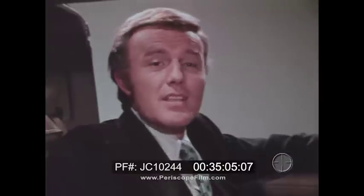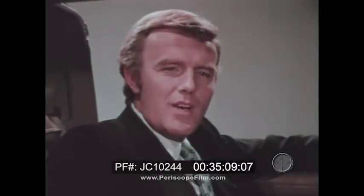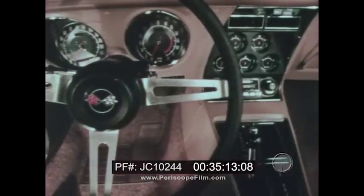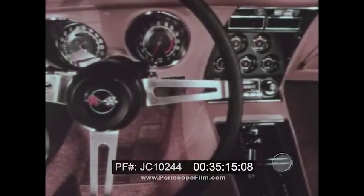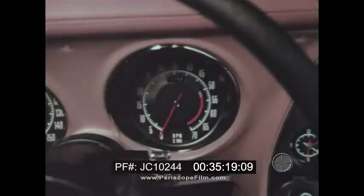Thick, luxurious carpeting throughout, standard. Padded vinyl interiors, standard. Soft ray tinted glass all round for those bright days, standard. Even an oversized rear view mirror for excellent vision to the rear is standard with a map light available. When your prospect is in the driver's seat, make special mention of Corvette's instrument panel. Call attention to Corvette's superior instrumentation, king-size speedometer, tachometer,